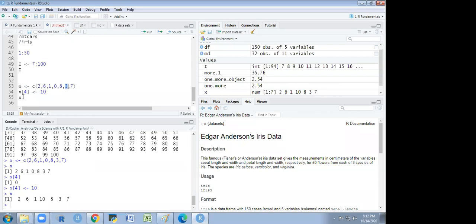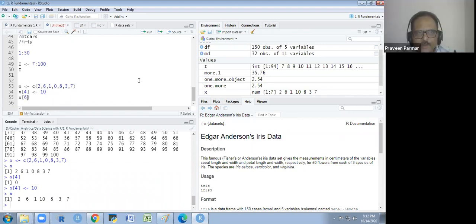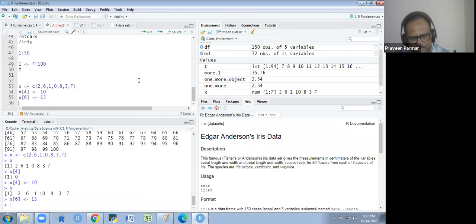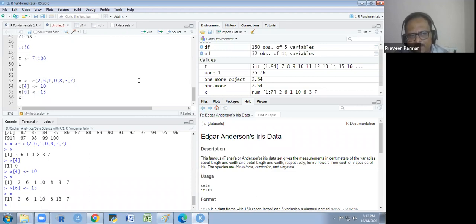Correct. Okay. Now I have wrongly written 3. I want to change it to 13. So I just assign it 13. Got it? It's very simple. And I run this. And then I print the X. I will get the 13 instead of 3. Got it?